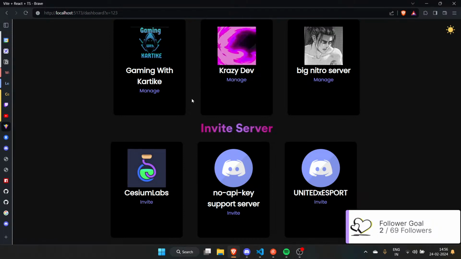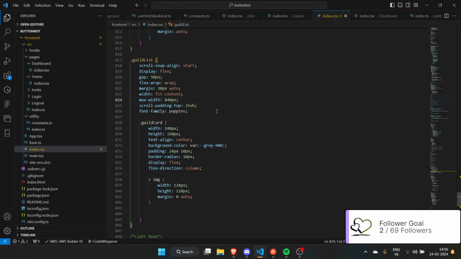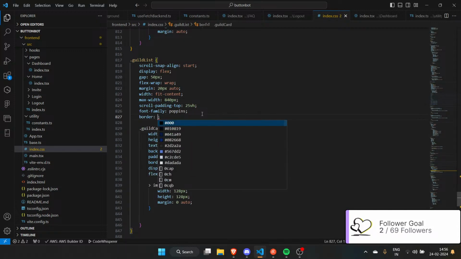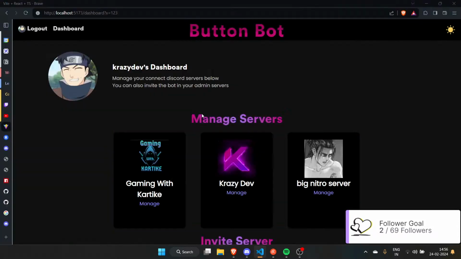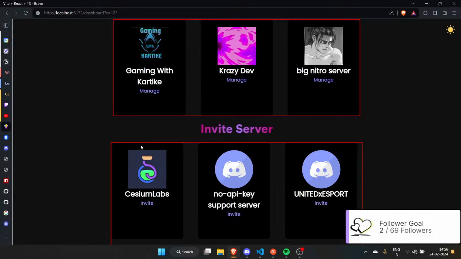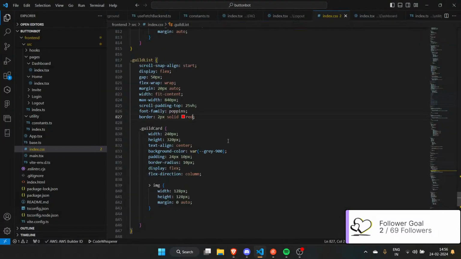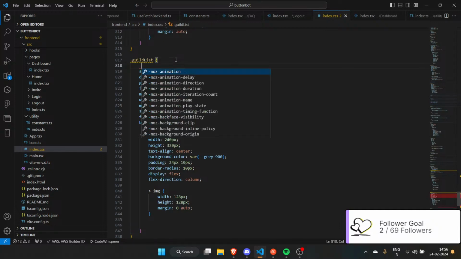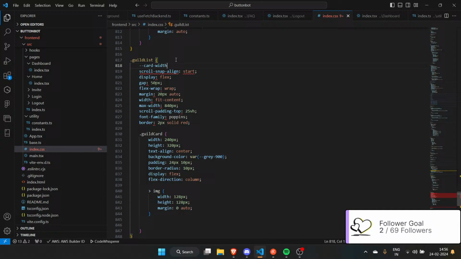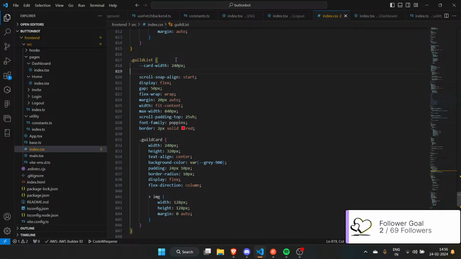Okay, we need to do some stuff now. Border 2 pixels, solid red. I see. So 240 times 3, what is that? Let me do card width is 240 pixels.